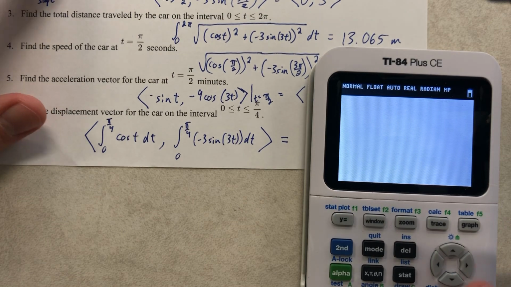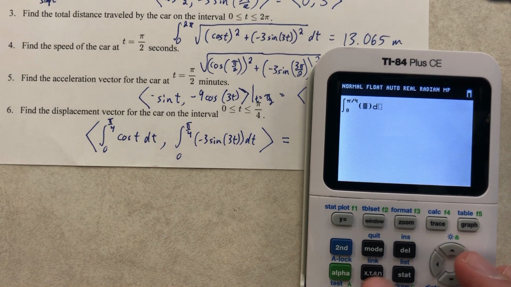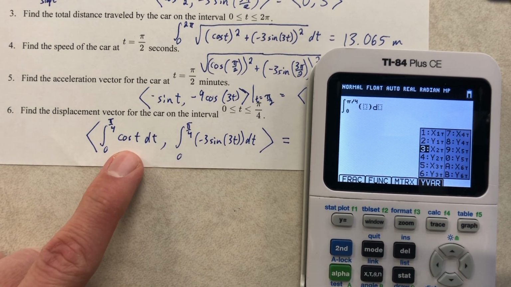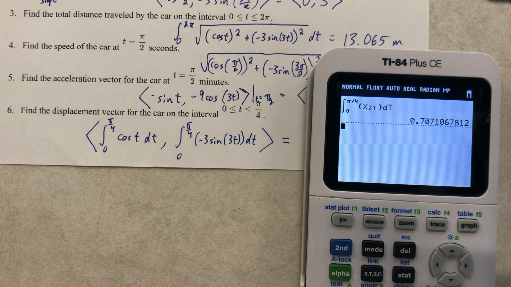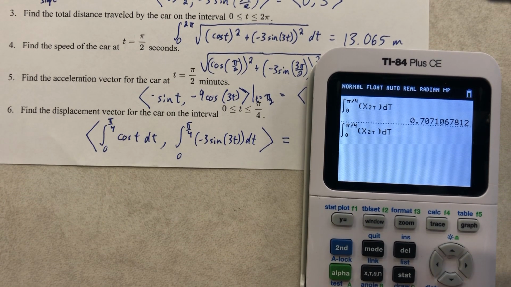Here we go. So math 9 and 0 to pi over 4. And let's figure this out. Second in calc, and we're dealing with the derivative, so y2. And this is going to be 0.707. Yeah, 0.707. And then the other one, second enter, by the way, pulls up the last thing you typed. You can go back and edit it. Let's do that. Alpha trace, y2. There it is,